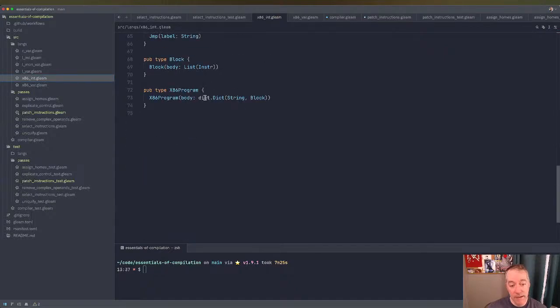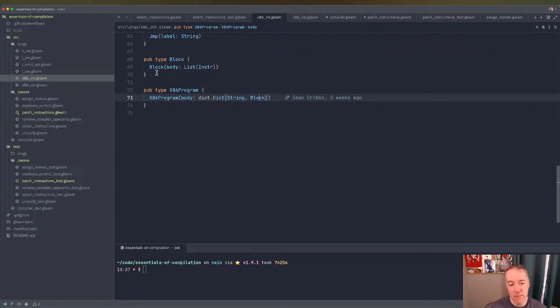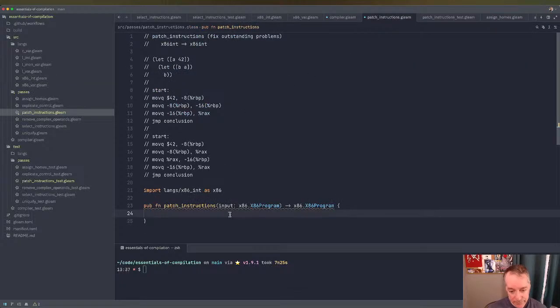It has a body which is a dictionary of strings to blocks, and blocks are lists of instructions. So what we want to do is let body is input.body, and actually technically we are only going to have one of these,